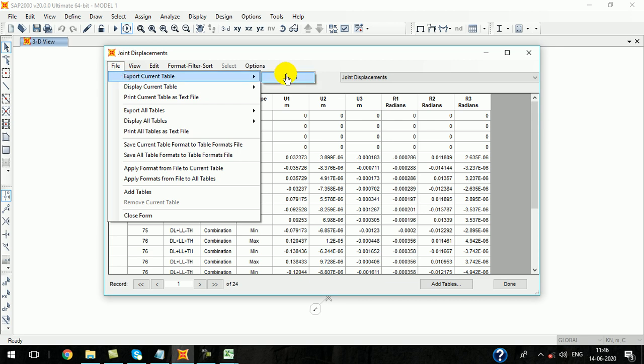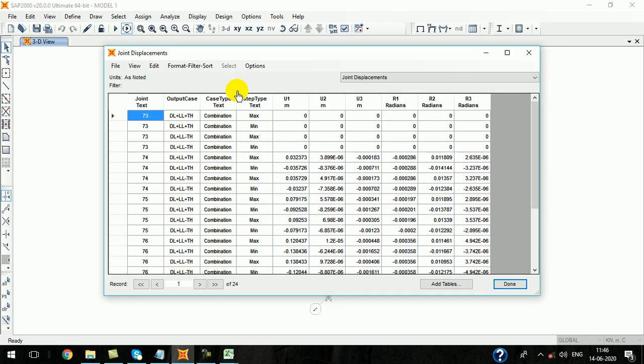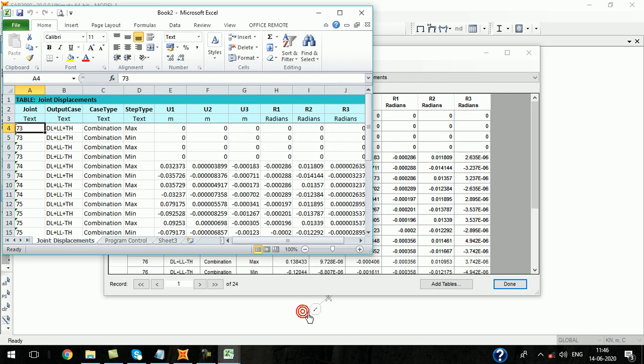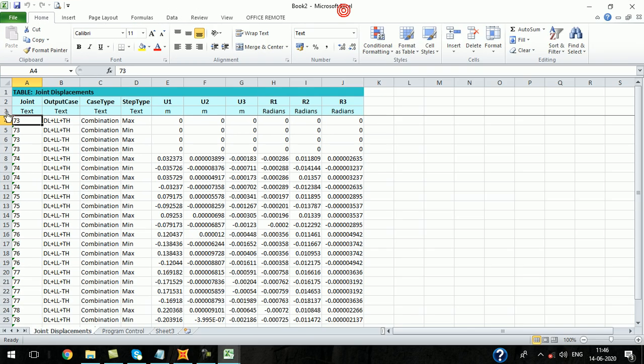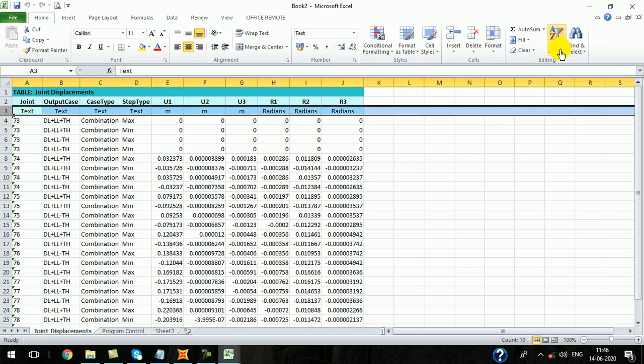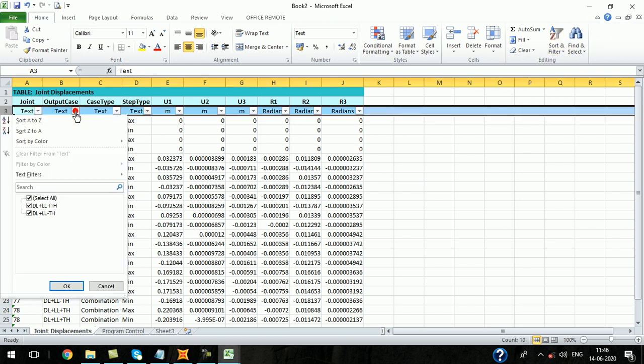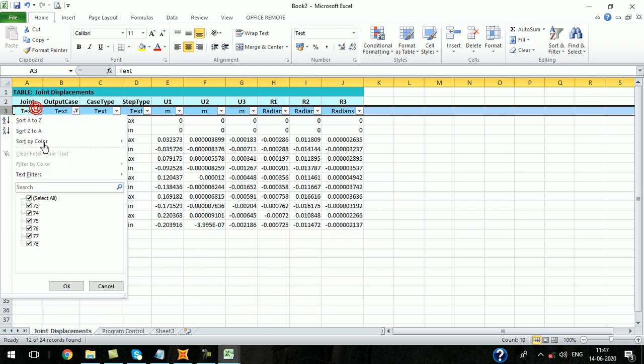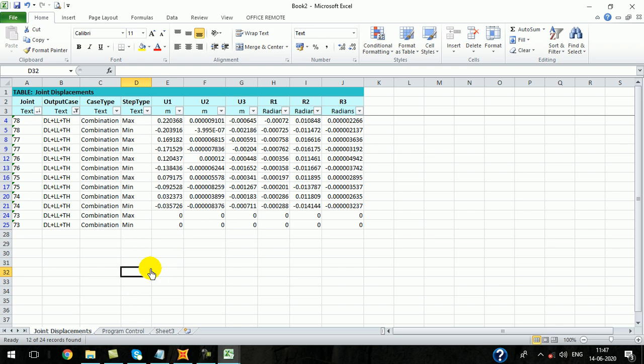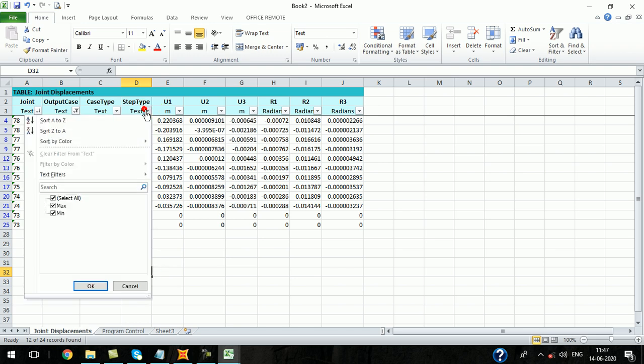File, export current table to Excel. In any one load case, let us consider plus live load, Z2A, and here also let us consider only maximum.